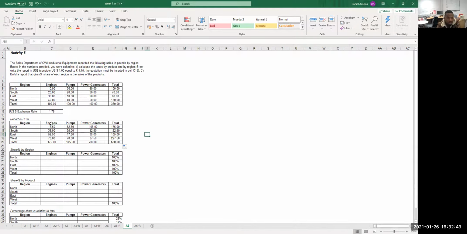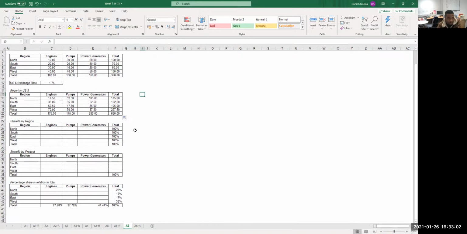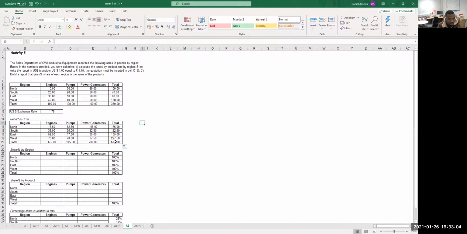That's how we convert this into US dollars using the exchange rate of 1.75. Okay? So we need $1.75 to get £1. That's the exchange or conversion rate. So if we go to the next one, where we are required to